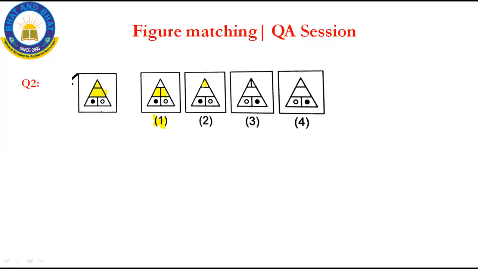Yes, here some triangle, here also a triangle, and then the shaded part and the open part. The shaded part is on the left hand side and the unshaded part is on the right hand side. Yes, this looks the same as the problem figure, isn't it? Therefore, option 2 is the correct answer. Now, why is option 3 not the correct answer?